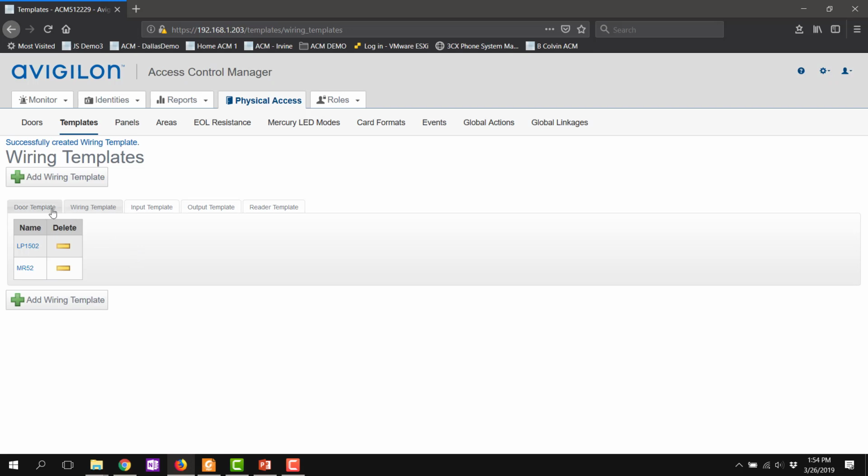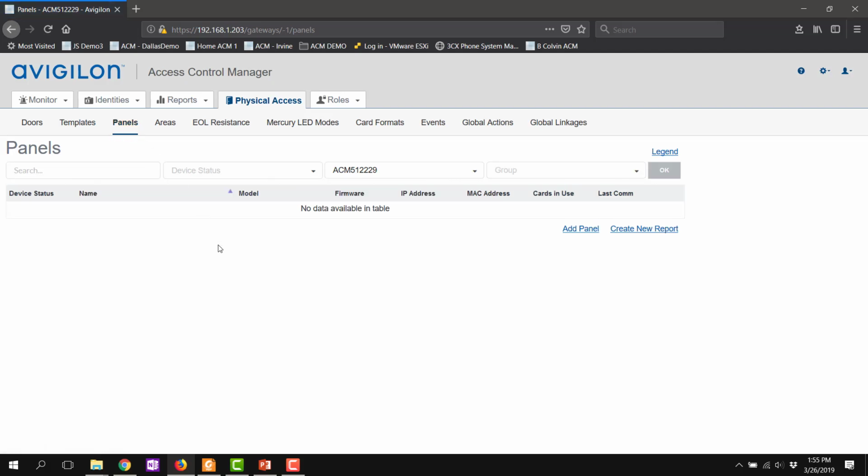Now that we have our templates done, door template, wiring, and all of our other input, output, and reader templates, we can go ahead and use the new batch create configuration for our panels. So we're going to go over here to panels. And as I mentioned, this is going to be a 16-door system. So we're going to add a panel,